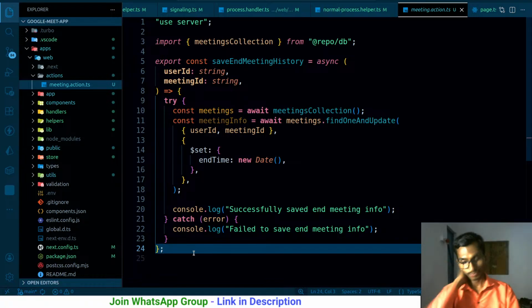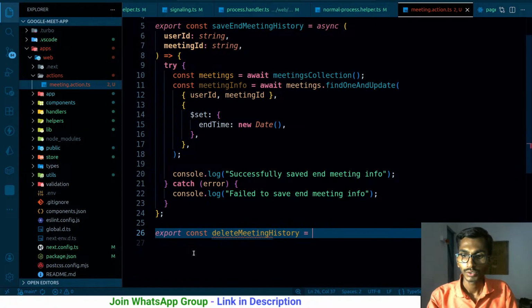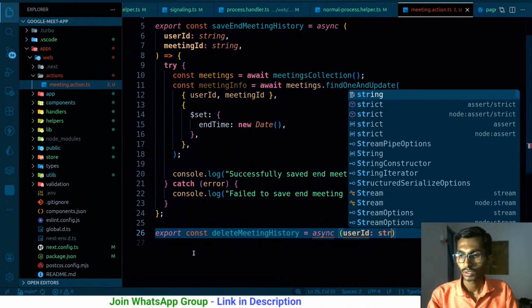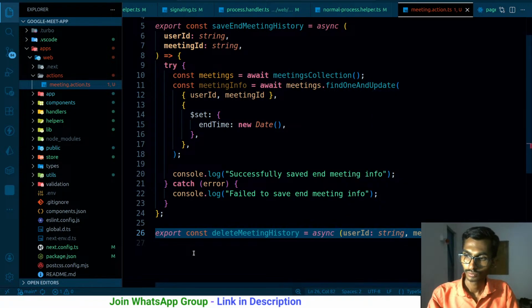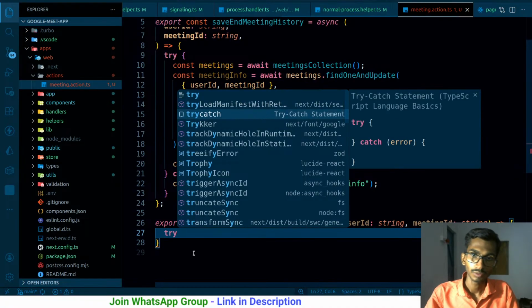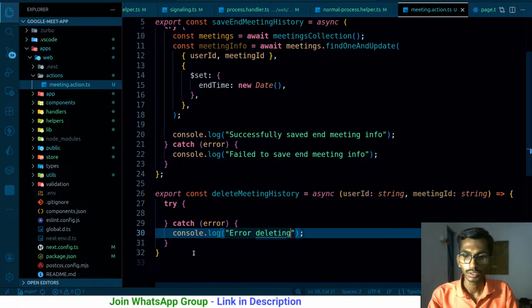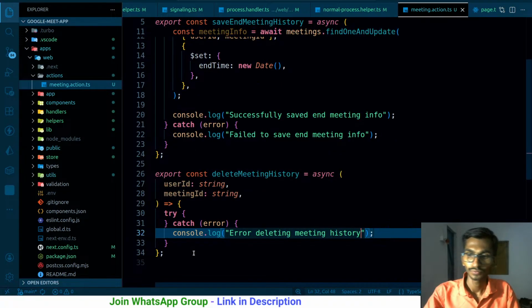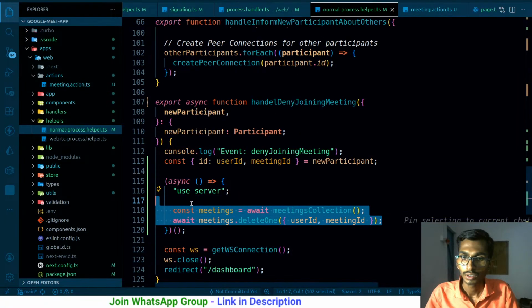What I want is to export const delete meeting history. It's gonna be an async function, gonna be getting user ID, that's gonna be string, gonna be getting meeting ID, that's gonna be nothing but a string. Just like this, try catch block. I have to just simply delete, console log error deleting meeting history, and if that is actually deleted successfully, then come back here. Let me cut this all